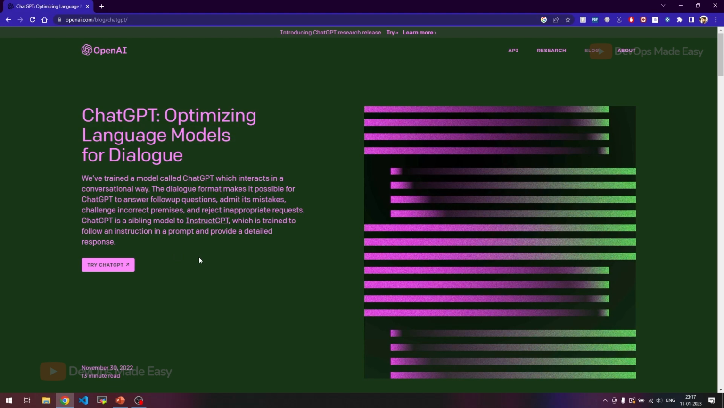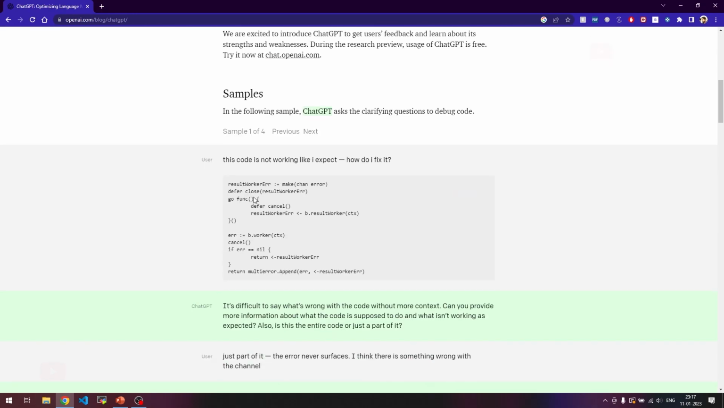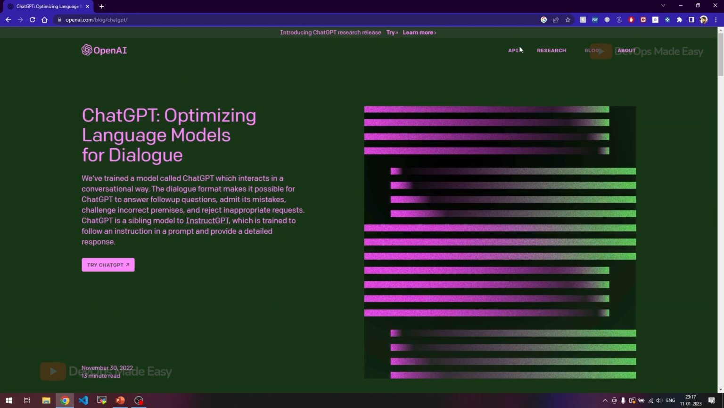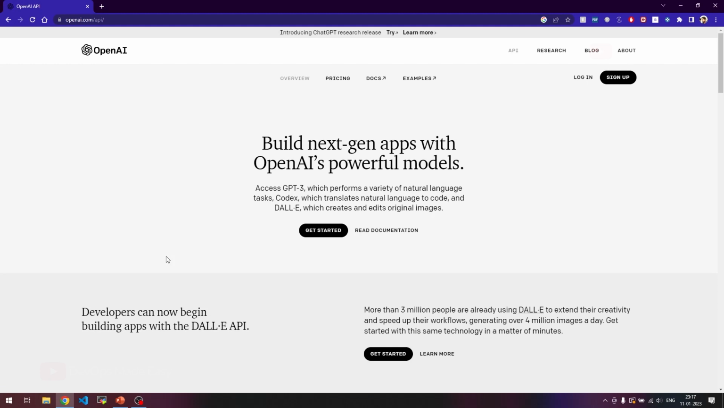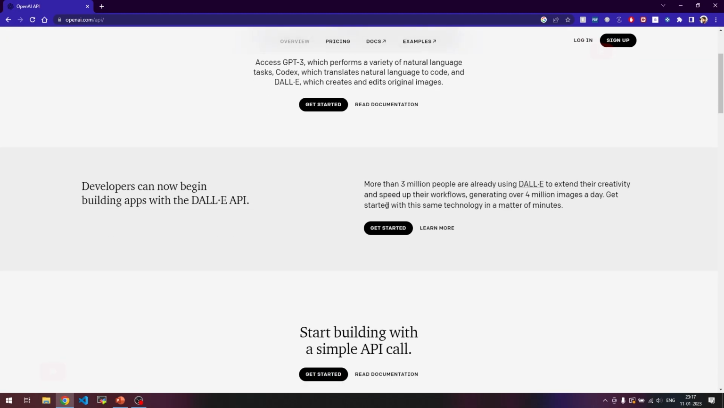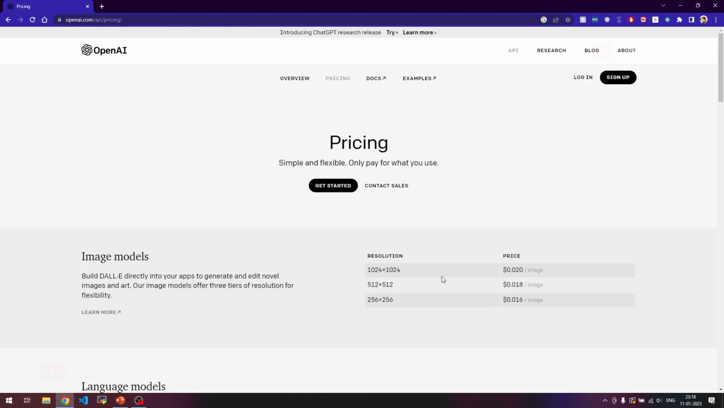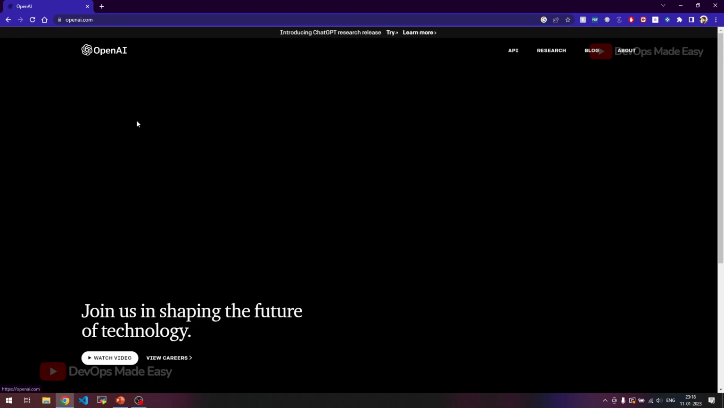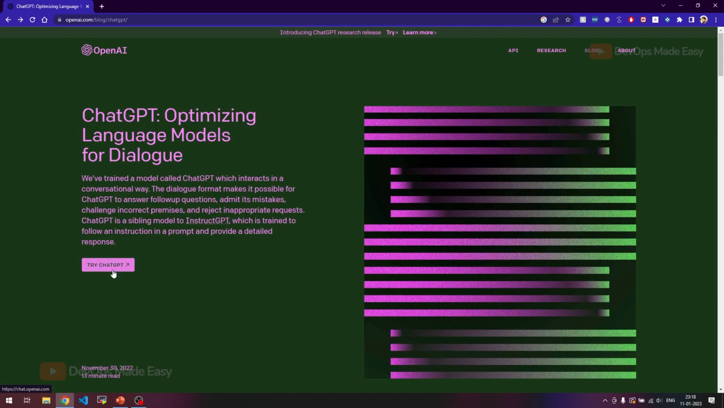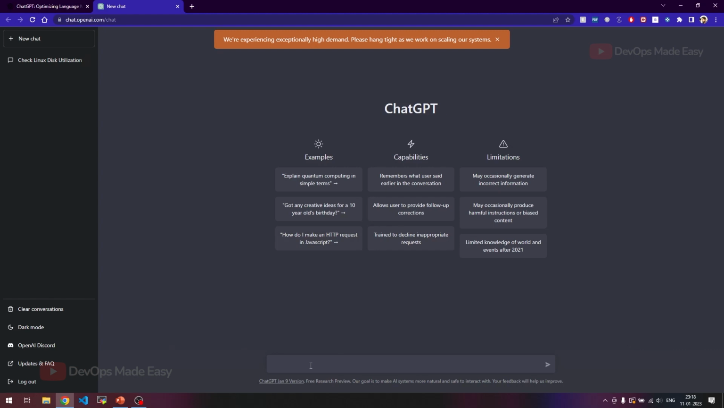So this is the OpenAI website, openai.com/blog, where you can see various information regarding ChatGPT, and also you can use their API. If you click on APIs, you can start building your own applications using OpenAI's APIs. I think there are also some charges for using these APIs. So what we will do is we'll go to the home page and click on Try ChatGPT. We can start